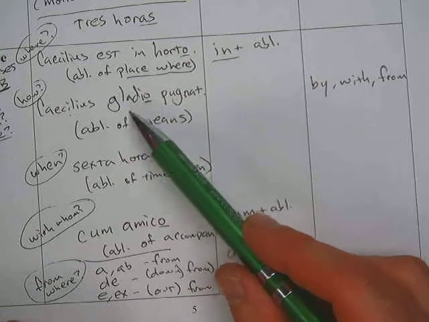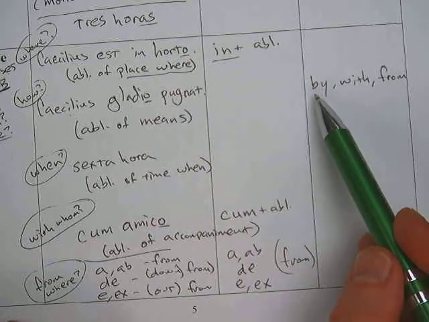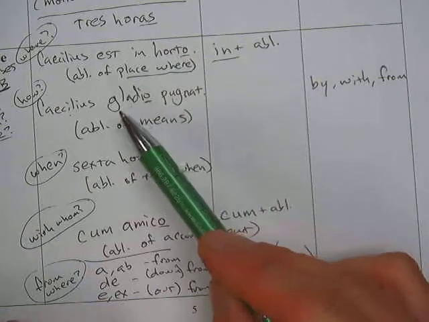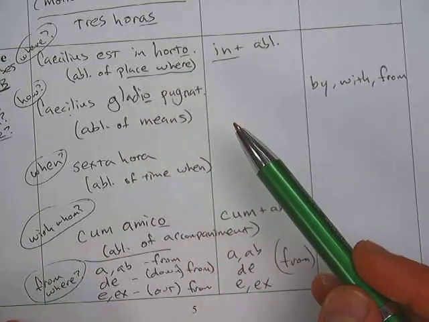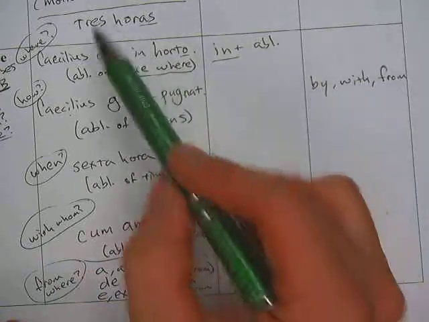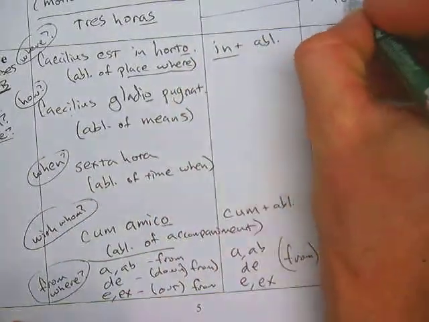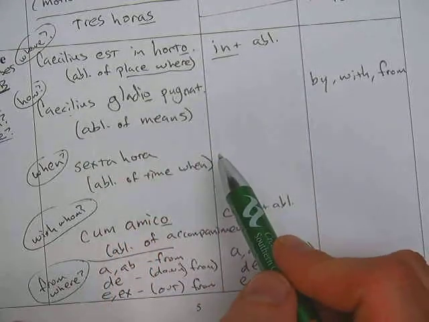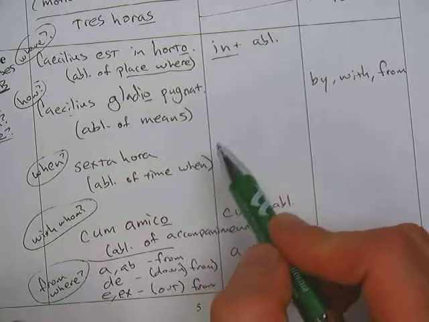So just keep in the back of your mind, if I see an ablative, I'm trying different things in English to make a translation work, I could put in the words by, with, or from in English, because all those ideas are contained in that ablative ending there. Okay? Just like with tres horas, I put 4 or 3 hours over here, same idea. Caecilius fights with a sword. Okay? Now, sometimes it doesn't always make sense.